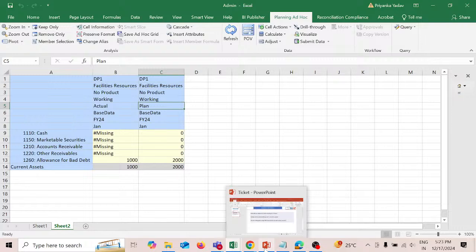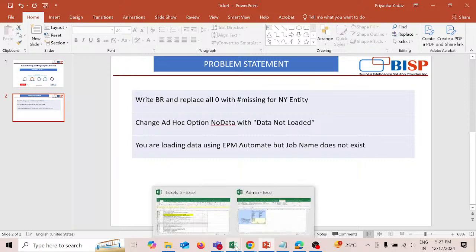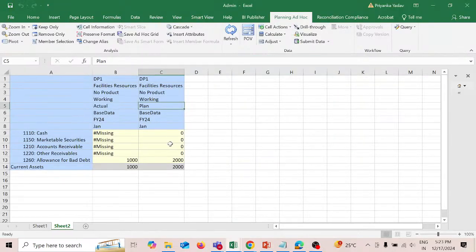Let's go to our second ticket over here. Now here we have to change the ad hoc option no data to data not loaded. When we talk about ad hoc options, it refers to Smart View as well as the ad hoc grid which is created in the application. So in this Smart View ad hoc grid, if you want to make any changes in the viewing of data, you have to go to options,